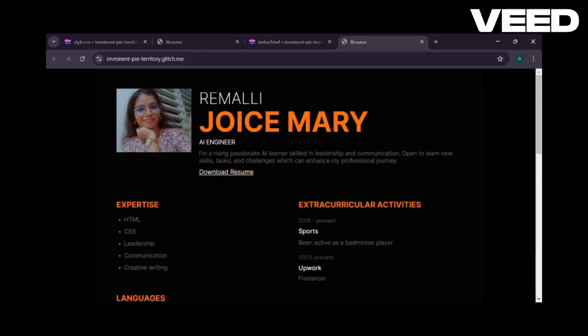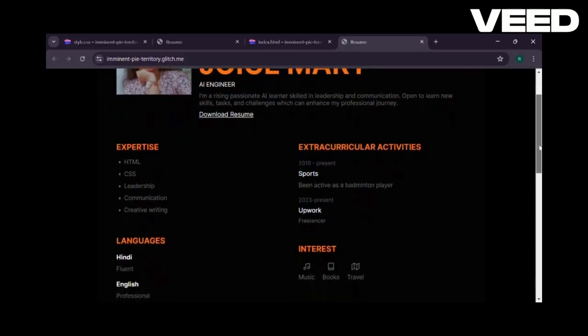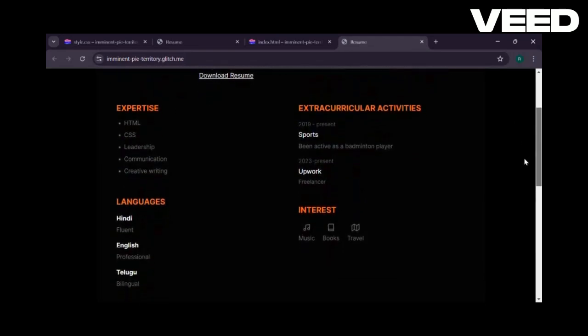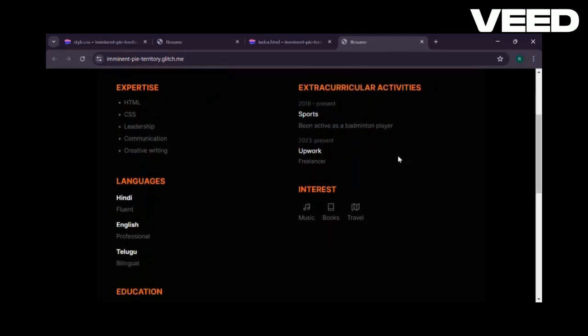The image in the resume is added through the img tag, which embeds an image into the document. The src attribute specifies the image source as a URL, and the alt attribute provides alternative text.